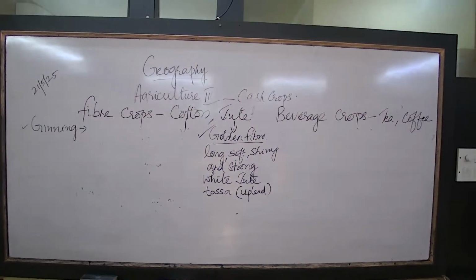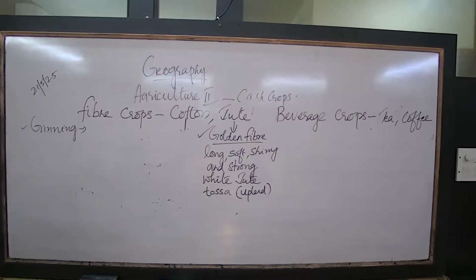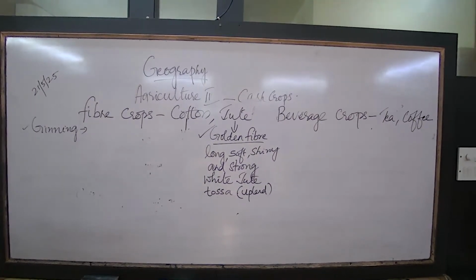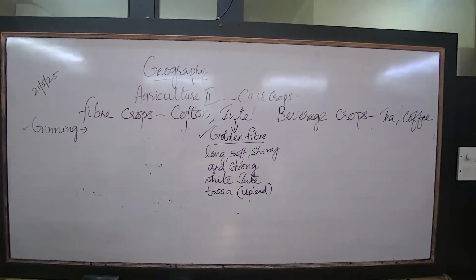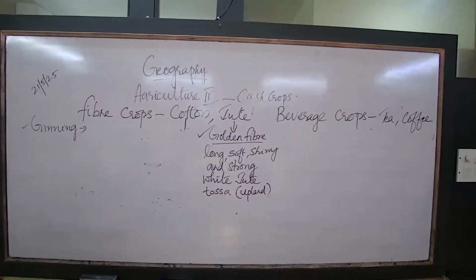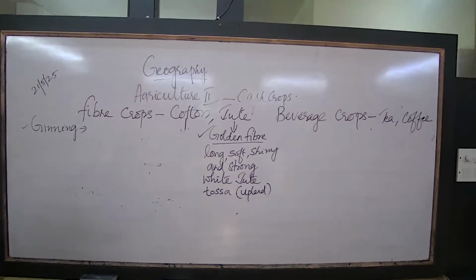Clear? Next one is that it is used for manufacturing rough quality cloth, sacks, and other packing materials. It is now used in the making of utility products like carpets, rugs, tile, upholstery, tarpaulin, etc. Have you seen tarpaulin? Tarpaulin, that is the plastic covering. That is for vehicles also, over the vehicle. So all these materials are made from jute.